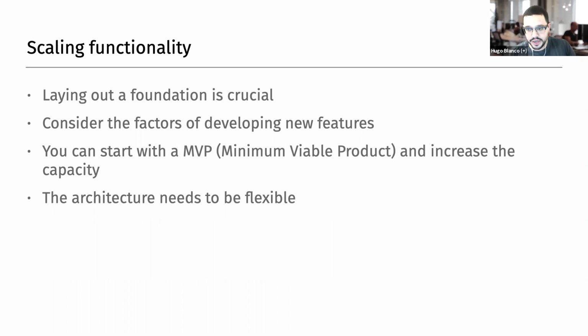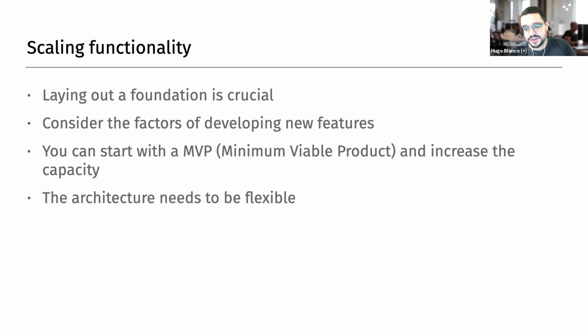So you start from the foundation and start thinking, what is the work, what is the effort needed to create new features? So you can be prepared for new features, but you should not go too far. You can start with an MVP, a minimum viable product, and increase the capacity. So you create a good foundation. You start with a good amount of important features, a minimum viable product, and then you increase capacity. You understand what could be your features, and then be prepared for them when they come.